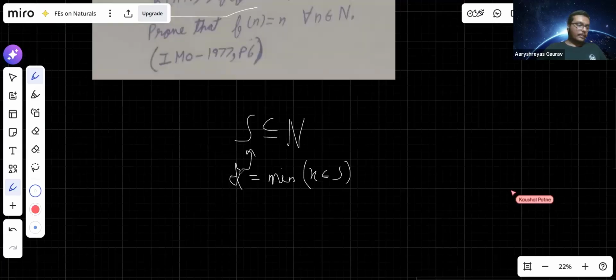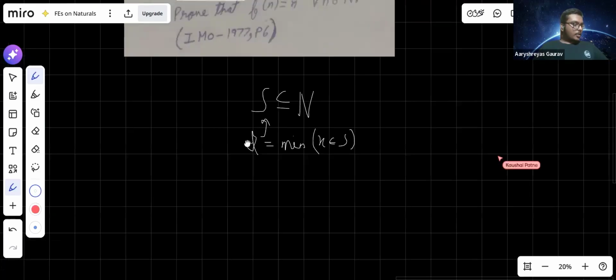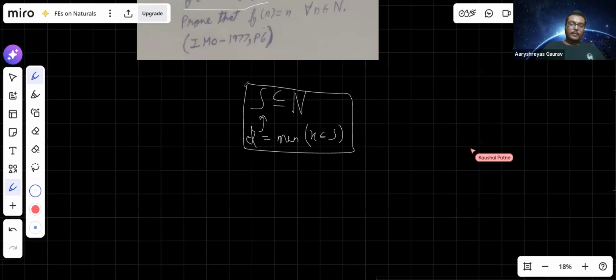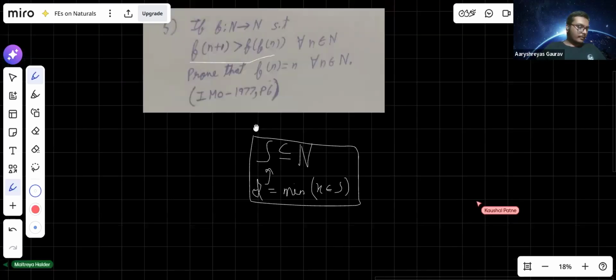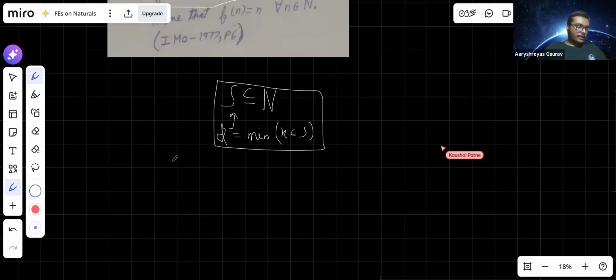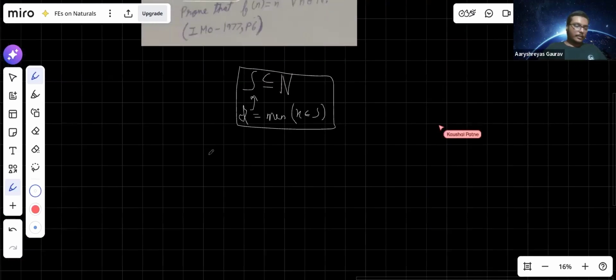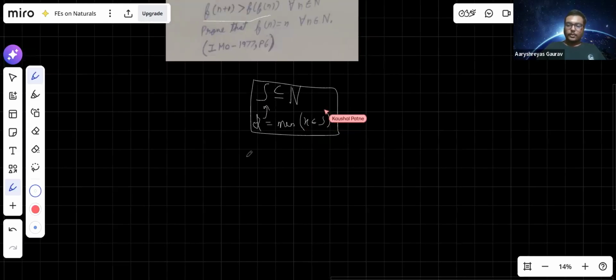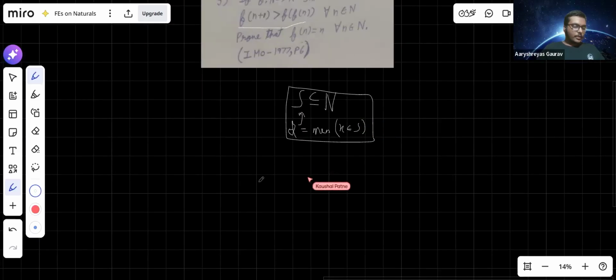So yeah, we can always find the minimum point. So the main idea is this, which I will be telling in this problem. And actually, there are two solutions to this. The second one is the inductive way, but the way we are inducting in the second solution, I will be willing to mention it because it is a good way to think. So yeah,